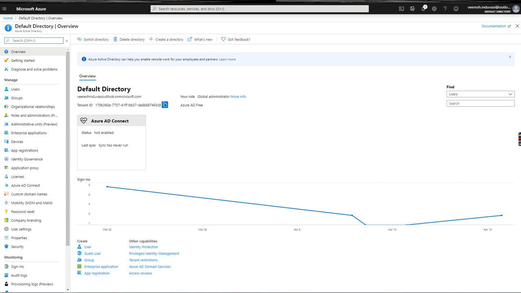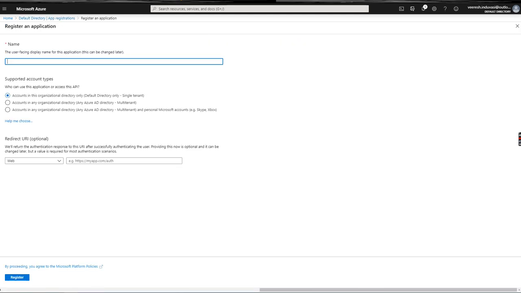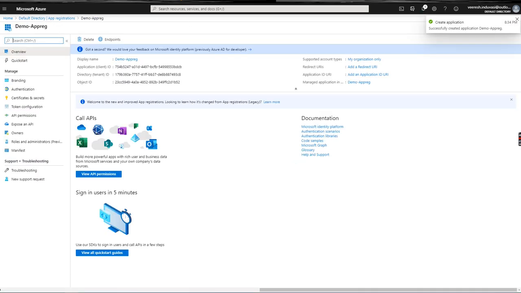So when you click on Azure AD, there is an option to select app registration, and then click on new registration. Here you can mention your app name. For example, in this case I can give demo app. Then choose the supported account types according to your requirement. The redirect URI is optional, but it may be required sometimes when you are using an app service principal with redirect URI validations, where you can specify where you want to redirect back to your request. Otherwise, in normal cases it is optional. Then click on register. So now the app ID is created.